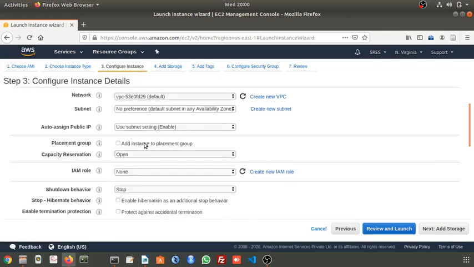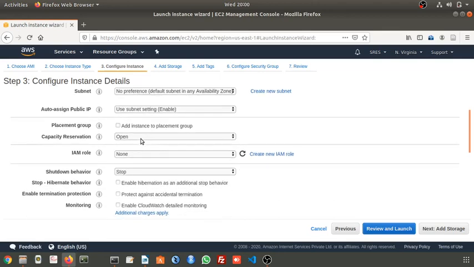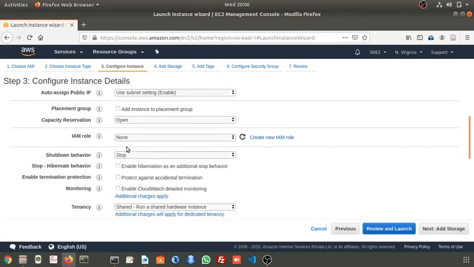Next, forget about this for a moment and keep it as none. Shutdown behavior, make it stop. There are options out there: stop and terminate. If you select terminate, once you stop your machine it will be terminated, so better make it stop.